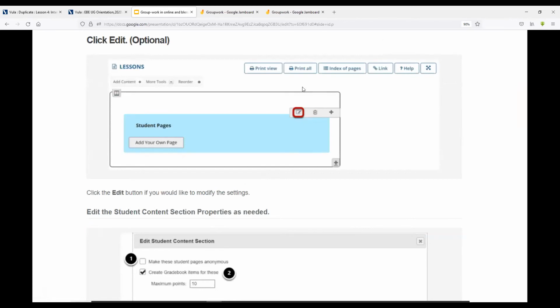What it'll look like, it'll be this blue box, and every student will see an option to add their own page. And you as the lecturer will see a list of all the students who have created pages and those who have not. If you set up for groups, which you can do via edit, it'll show all the groups which have set up pages and those who have not. There are a range of different features. You can assign gradebook items to these pages. You can set up peer review. You can use rubrics. If you're interested in this, please do contact us for more information.